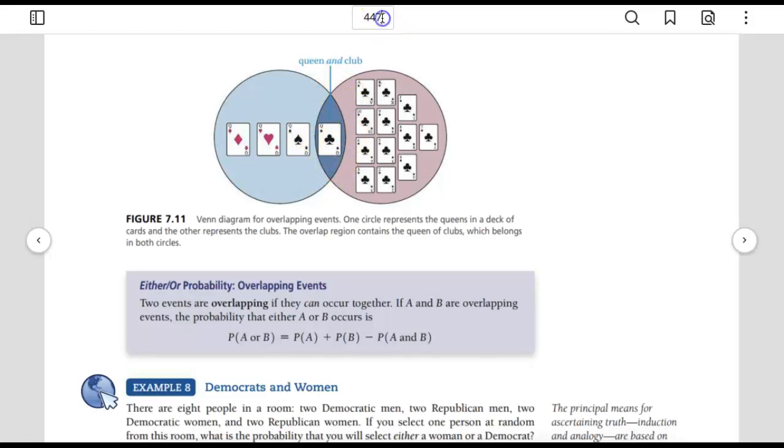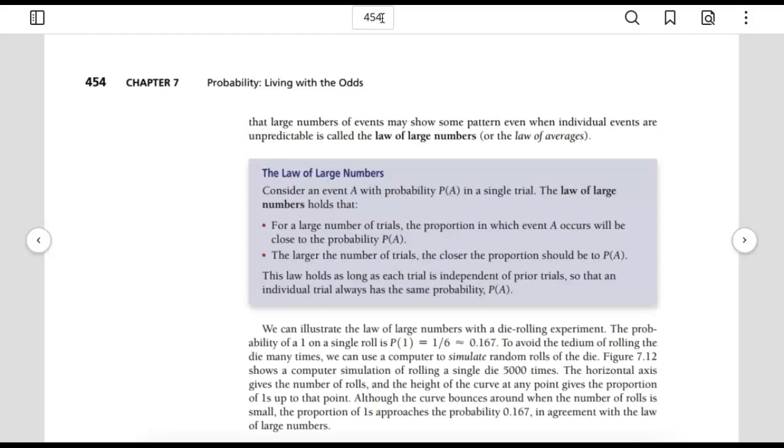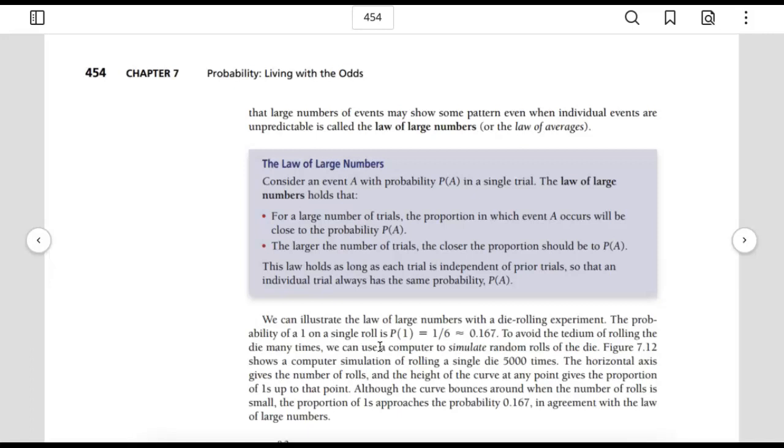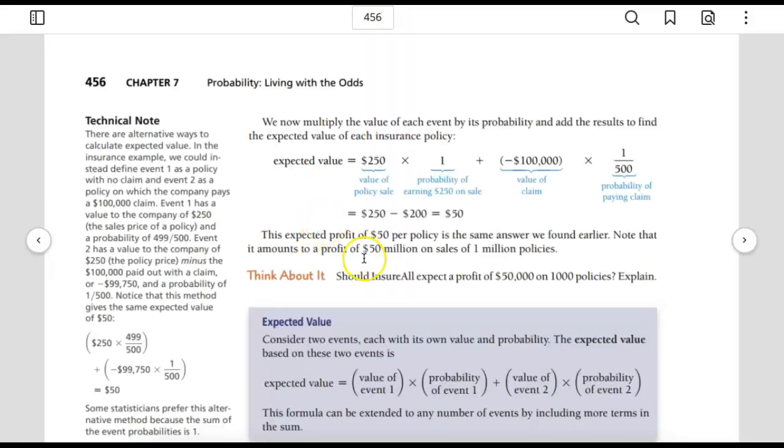In the next section, I'm going to skip ahead to page 554. Here we have the definition of law of large numbers. That basically says that over time we should expect that the proportion we get from a single trial or repeated trials should be closer and closer to this theoretical probability. And there's some interesting examples as well in this particular section I encourage you to read through. I think this is also the section that had the piece about gambling and how that could be applied. But I'm going to skip ahead to